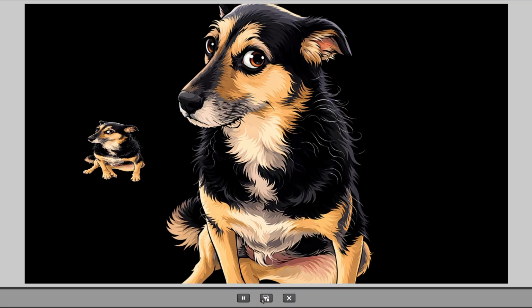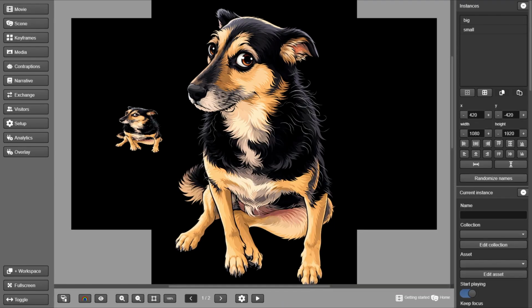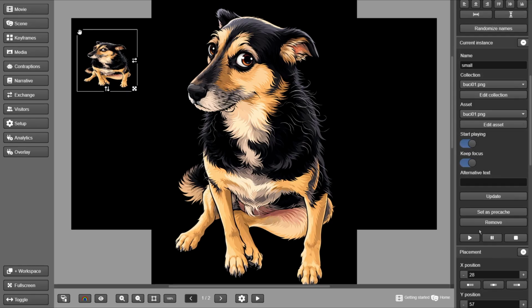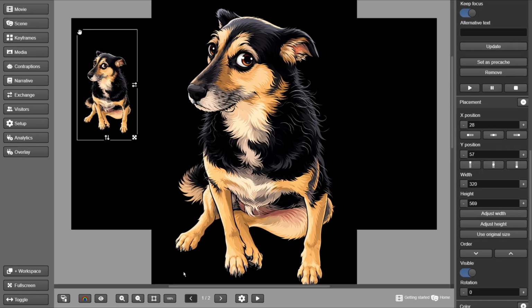Click it and you'll see your first test. Nothing too exciting. The images seem to be static on the screen, and that's all. What's actually happening is that Tealbosi is transitioning properties like size and position from one keyframe to another. But since the instances are the same in both, nothing seems to be happening. Let's slightly change the size and position of our instances in one of the keyframes and test again.